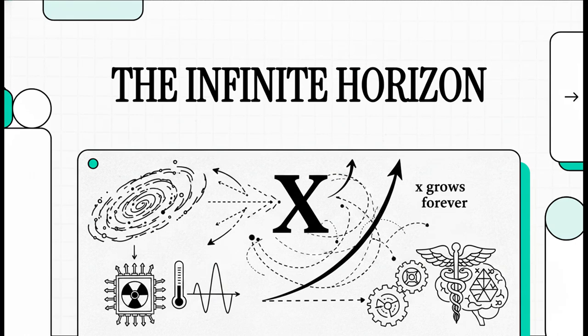What actually happens at the end of the universe? Or, have you ever wondered if a massive population eventually stabilizes? What about a cooling nuclear reactor? Does it ever hit a final absolute temperature? To answer these massive questions, we've got to go to the very edge of mathematics, the place where X grows